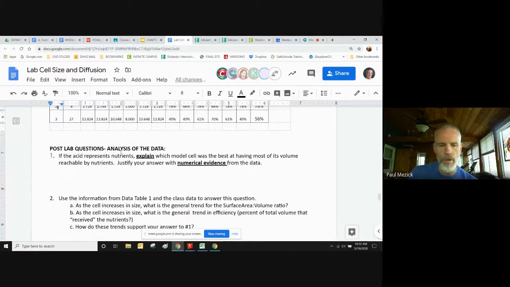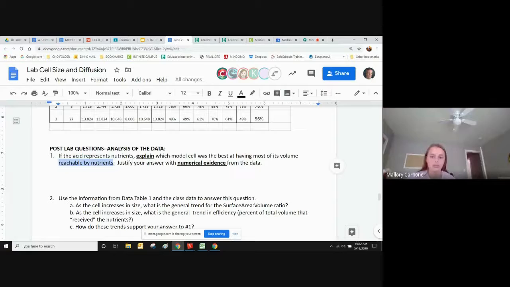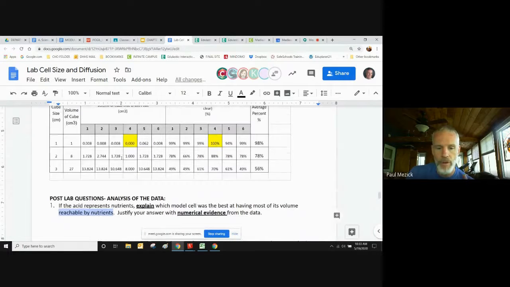And since you're on, I might as well help you with this. If the acid represents nutrients, explain which model cell was the best at having most of its volume reachable by the nutrients. That's a little wordy. So basically what they're saying is which one was able to get the nutrients in the furthest. If the acid represents nutrients, explain which model cell was the best at having the most of its volume reachable by the nutrients. So that means if you go to your data table,